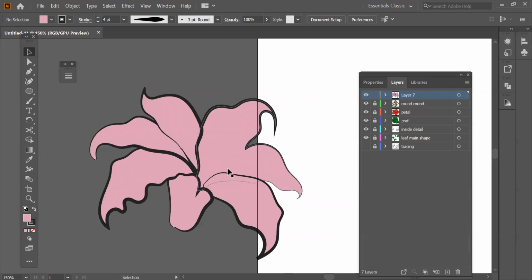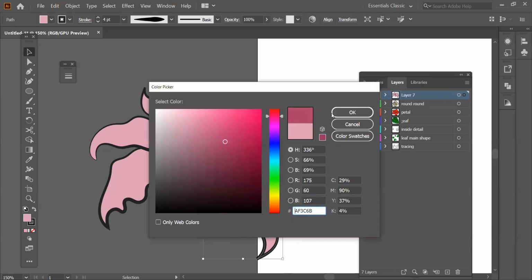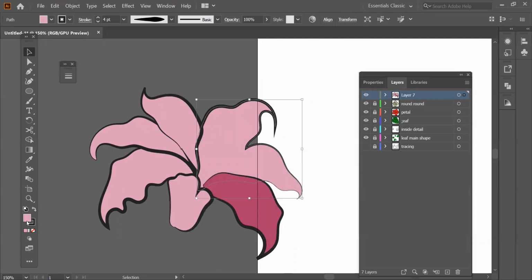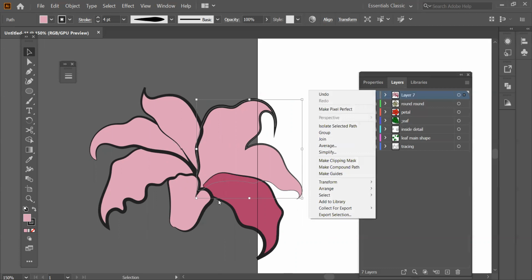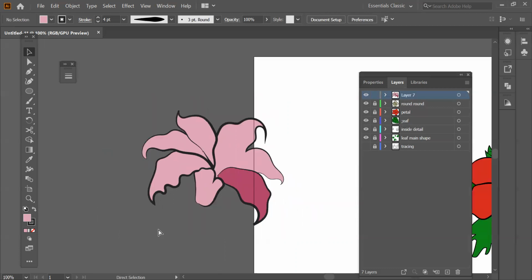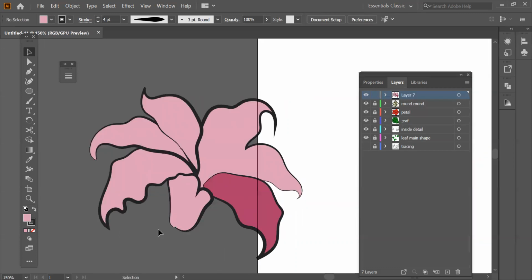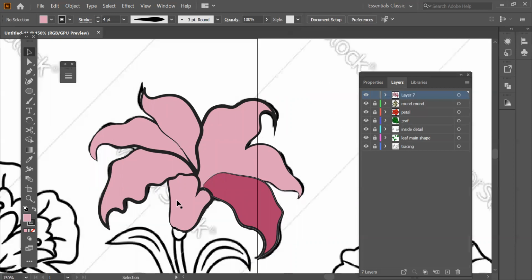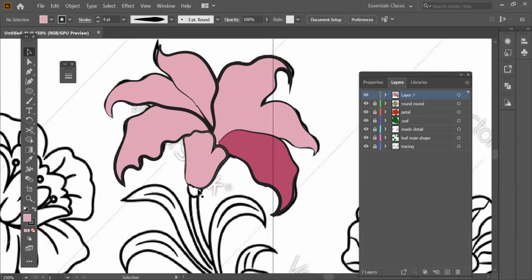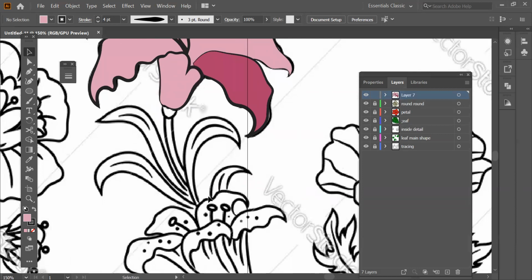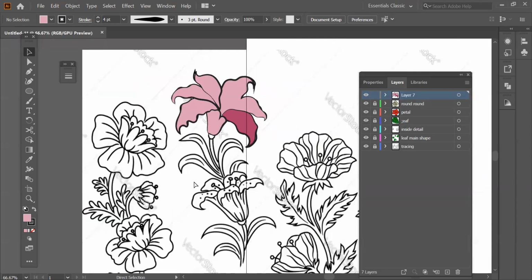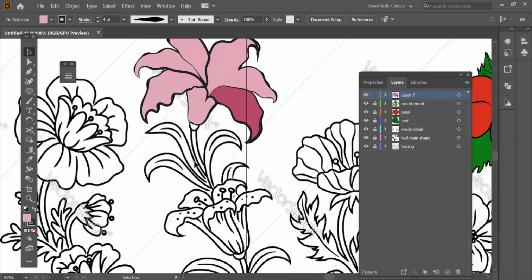And if you want to apply a different color to each petal, you can also do that. Now see, if I want to apply this color to the petal and something else to this petal, you can just select one petal and do it, because all the things we have done are in a closed shape, and you have to make sure you do that, okay? Now this is done. This one is going to be green in color. Let's see how many things you want to take of similar color into this one. Okay, let's make it pink first.